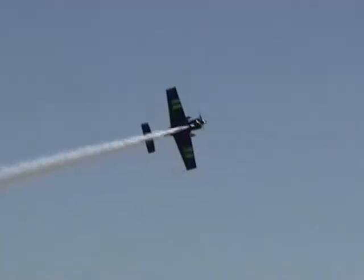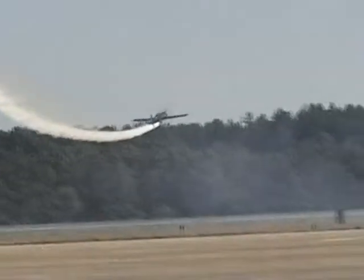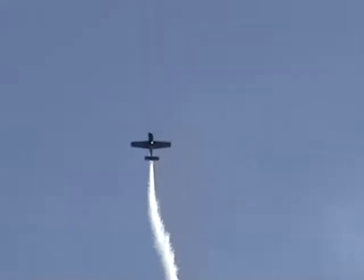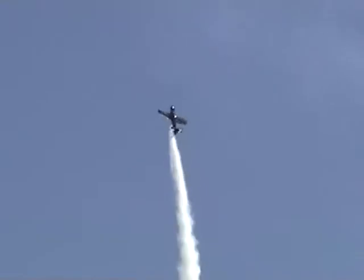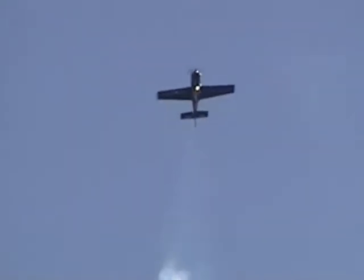With aviation and aerobatics, other than the show where he saw an airplane flying upside down, he knew that is what he had to do. Rob's been flying now since the age of 18 and has accumulated greater than 9,500 flying hours in over 150